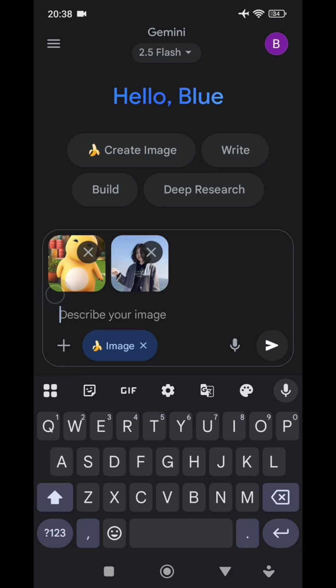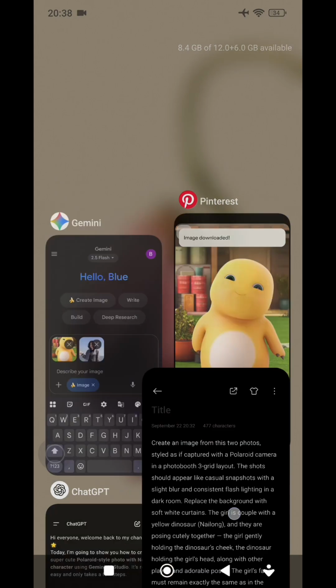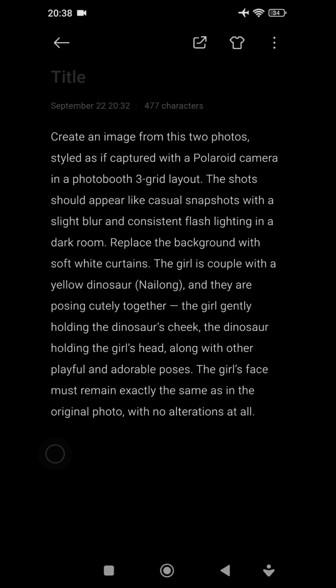Let's write a prompt. Before, I already prepared my prompt like this. You can just copy my prompt and then just change the details however you like, maybe adjust the poses, adjust lighting, or make it more personal. Just feel free to tweak your prompt. Next, I will just copy my prompt